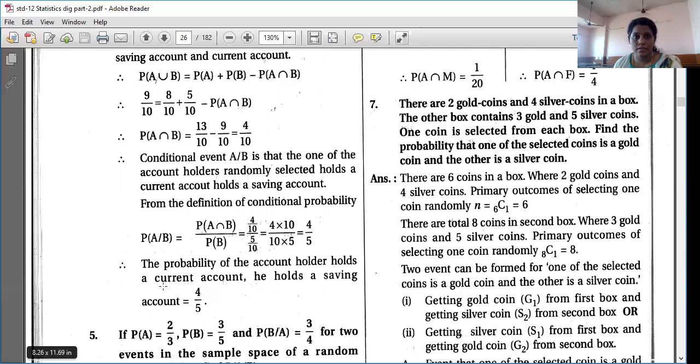The law of addition formula in which inclusive or exclusive is not mentioned, I have named the first formula: P of A union B equal to P of A plus P of B minus P of A intersection B. That is your first formula. If mutually exclusive is given, then whatever we find as the law of addition will be your second formula. To avoid confusion I gave them first and second names, nothing else.